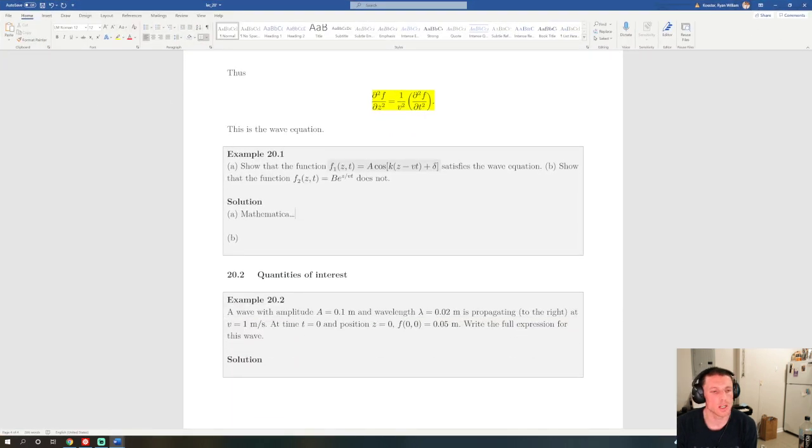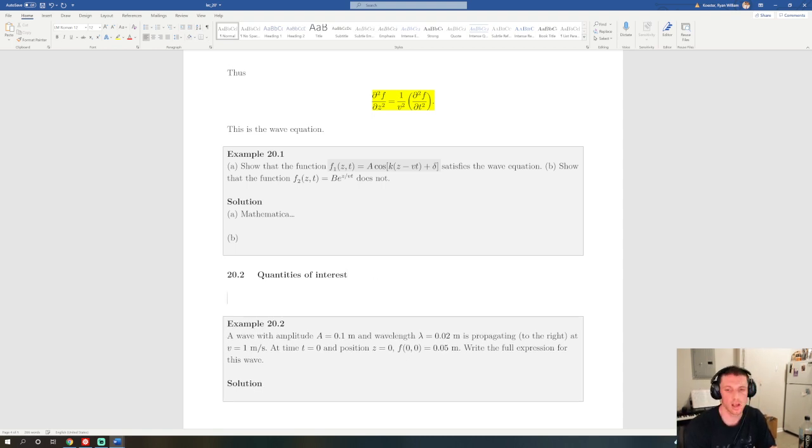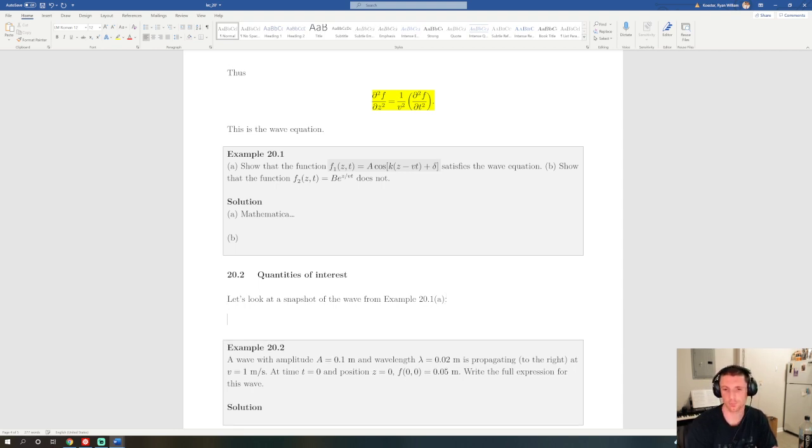There are just some things that we need to talk about as far as waves go. Like I would say they're the quantities of interest when it comes to talking about waves. So let's look at a snapshot of the wave from the previous example, right? So I'm going to say from example 20.1a, because 20.1b we just showed is not a wave, right? So let me do this. So this is what it might look like, and we're going to look at it at time t equals 0,